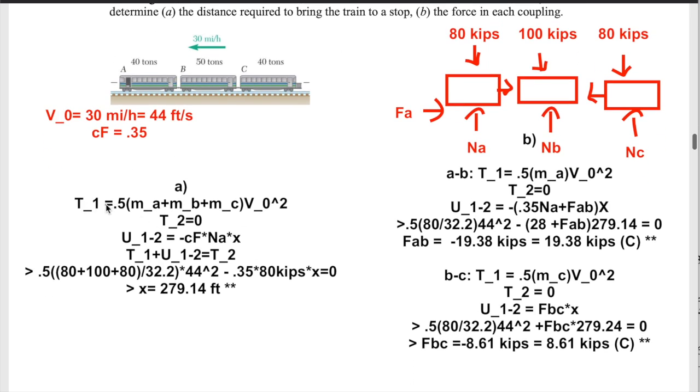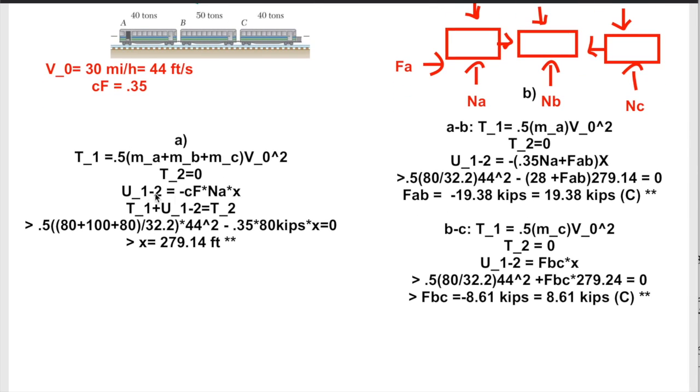So we know our initial kinetic energy is our 1/2 mass times velocity squared. The final kinetic energy is when it comes to a stop, so it's 0. And the change in it is just the work being done is just the work done by friction, which is our friction coefficient by the normal force times the distance. So we throw it into our equation,